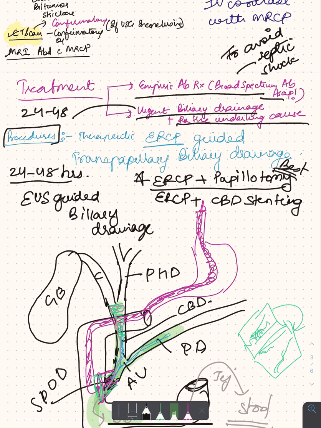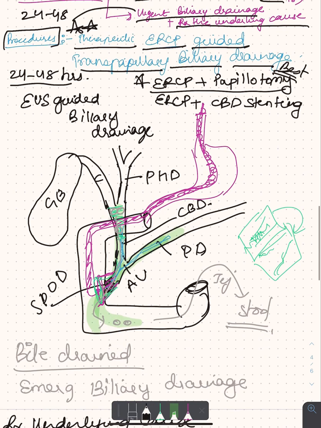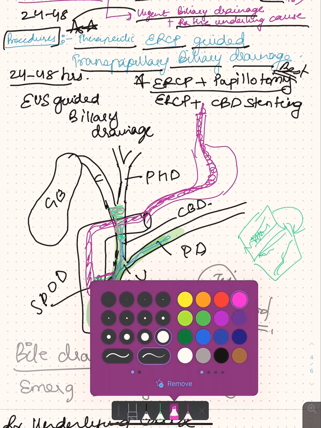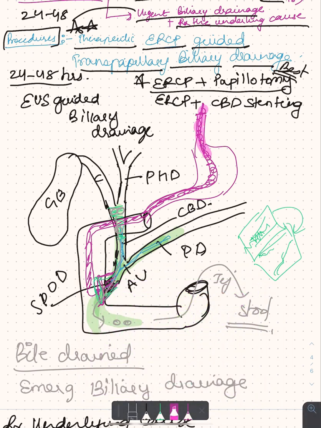The first procedure, and the most commonly used procedure, is therapeutic ERCP guided transpapillary biliary drainage. In this, ERCP and papillotomy are done together. What do you do in that? It's a very amazing procedure and very high yield. So you basically insert your side viewing endoscope like this, and then it goes and inserts a dye into the biliary tree so that it can be seen. Then you insert an instrument in your endoscope